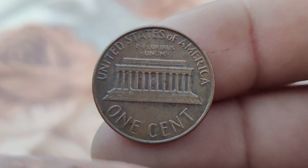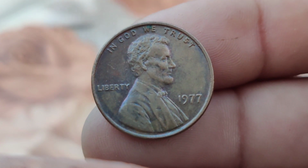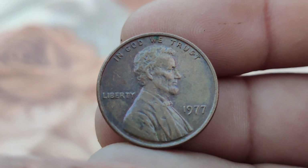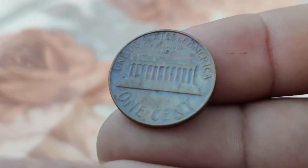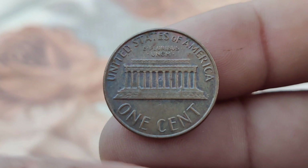When we say very fine condition, we're referring to a coin that has seen some circulation but still retains sharp details. You can see the lines in Lincoln's hair, the edges are clear, and there might be some light wear but nothing too significant. On the Sheldon grading scale, for a 1977 penny, very fine condition means it's not just any old penny, it's a coin that has been well preserved over the decades, and this can significantly affect its